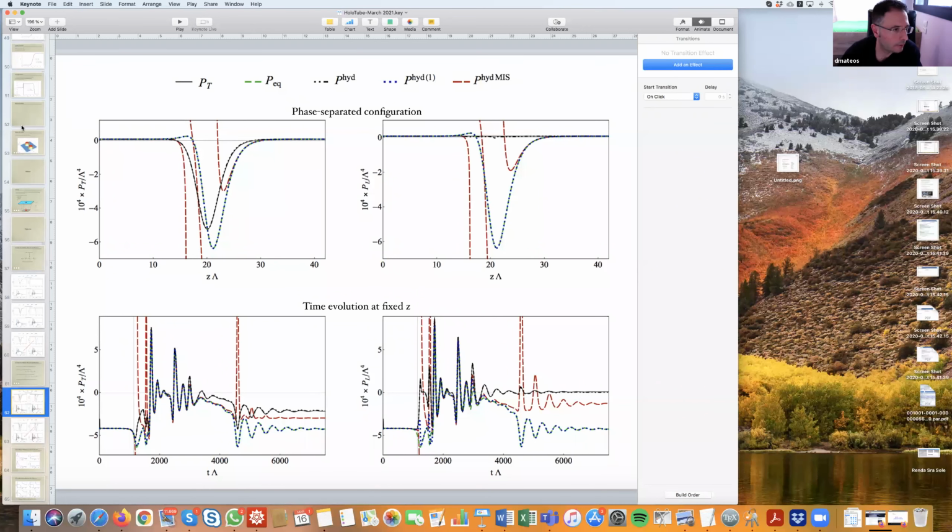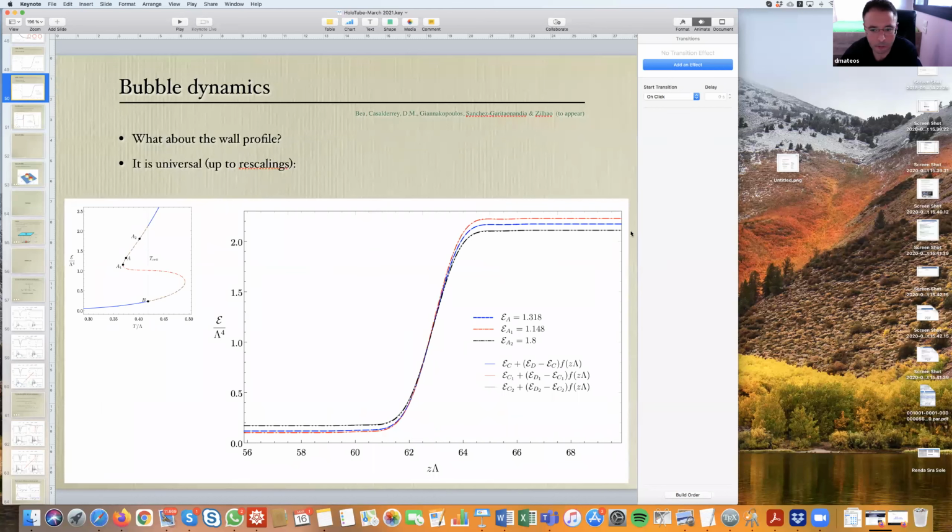So let me go back here, for example. This is the wall. These matching conditions that you're referring to, please correct me if I'm wrong, are simply the requirement that the energy flux and the momentum flux on this side match those on this side. Exactly. So yes, indeed, you can do that. And that will give you some constraints on, for example, what the energy density can be here in relation to here.